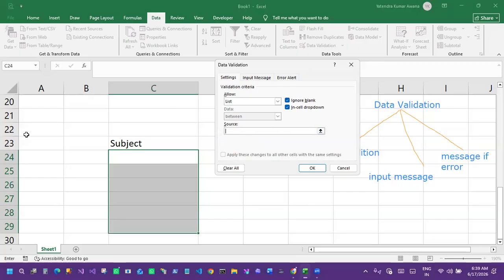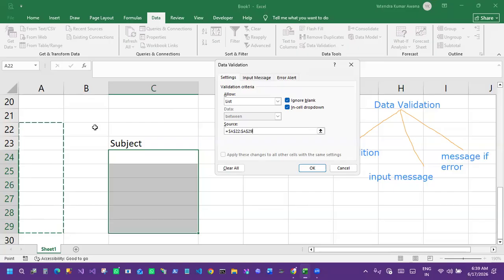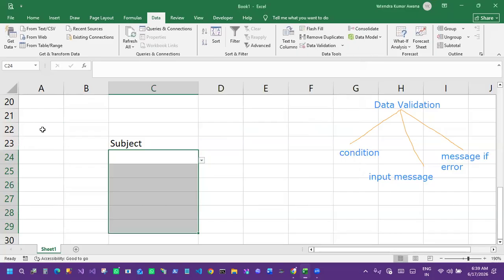If I have already written something in cells 22 to 29, I can give the cell address of that range. So in this list, whatever input I type in those cells will be displayed here. Instead of giving the names directly, I can give a cell address, so whatever is in the cells will show here.